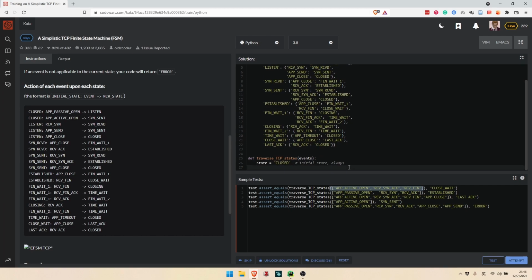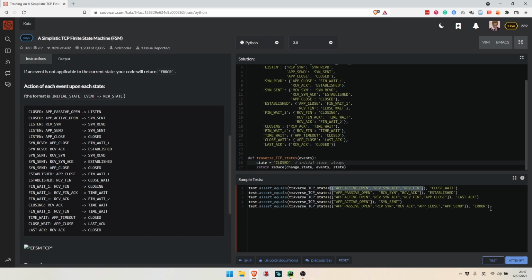So since the initial state is closed, we can say reduce, change state, which is a function we haven't defined, and events, which contains a list of events, and the initial state is closed, right?